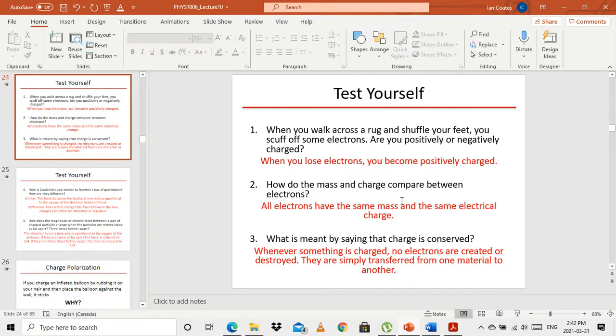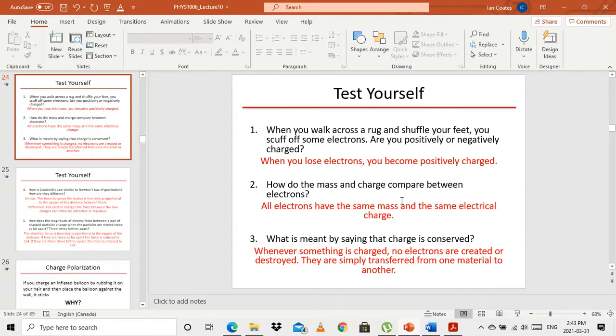What is meant by saying that charge is conserved? Whenever something is charged, no electrons are created or destroyed. They're just transferred. So it's the electrons that move, and you have to think, the overall charge of the Earth really doesn't change. Okay, so electrons are all conserved. The charge is always